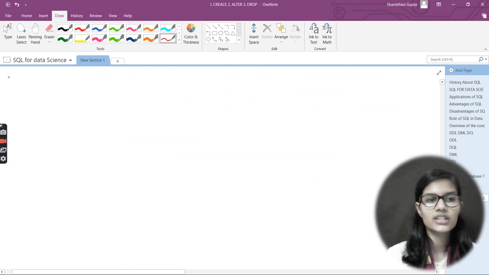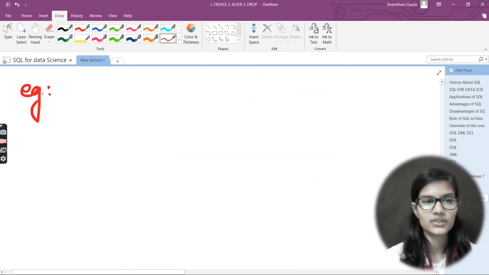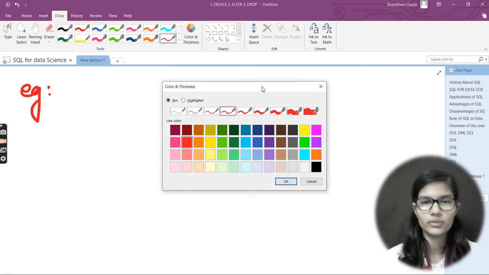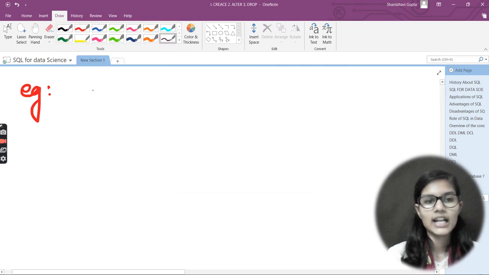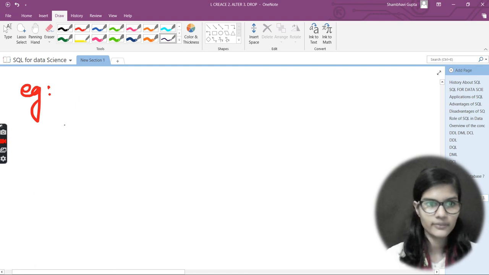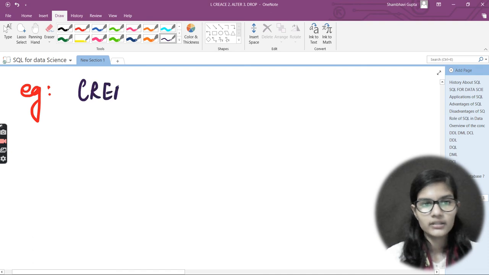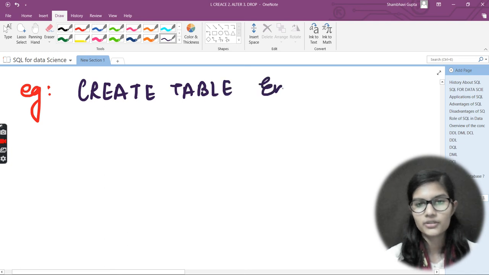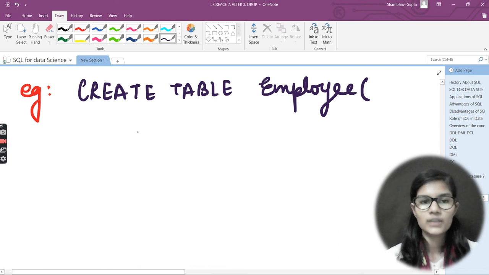Now let's take a quick example for all of the functions which we have discussed. Let me take a new color from here. Okay, so let's say I want to create a table, and the name for that table is, let's say, employee. So I would write create table employee. Put the bracket, put the columns that I want to give.